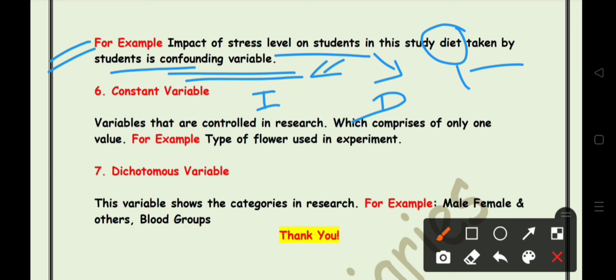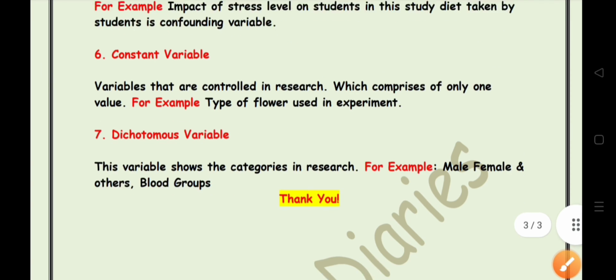So diet is an unnecessary variable in this kind of research, but if we still take that factor, it will divert our end result. These kinds of unnecessary factors we treat as confounding variables. Then next,